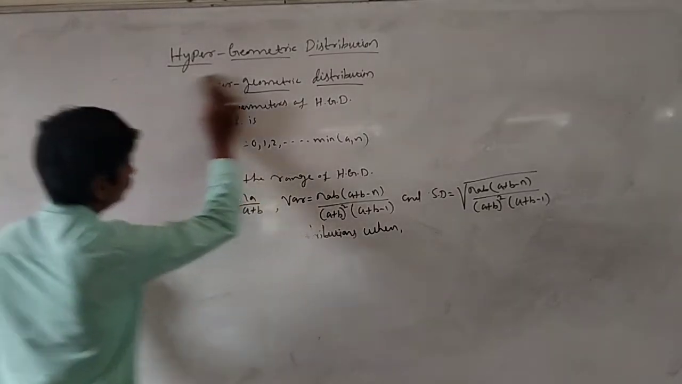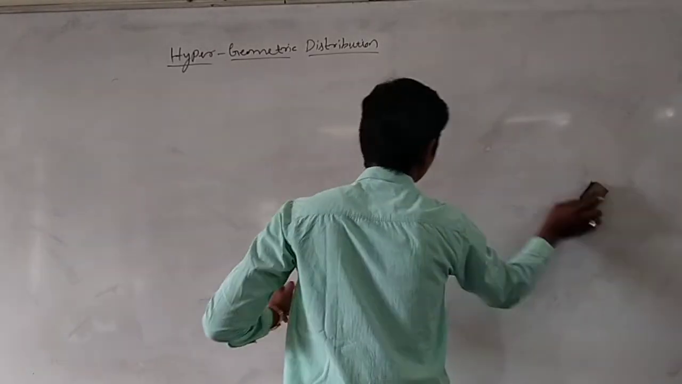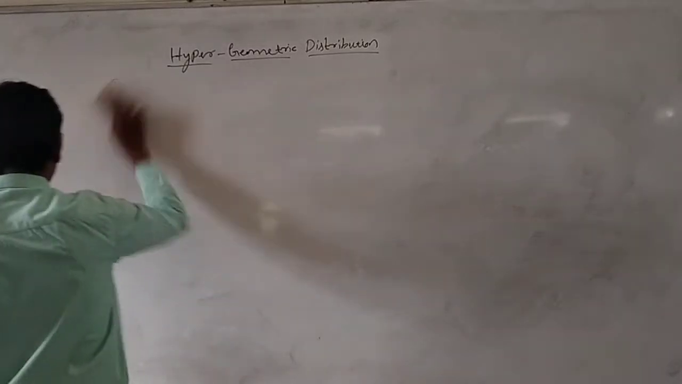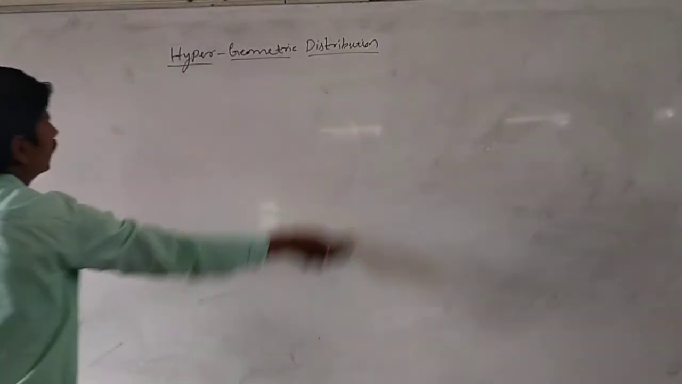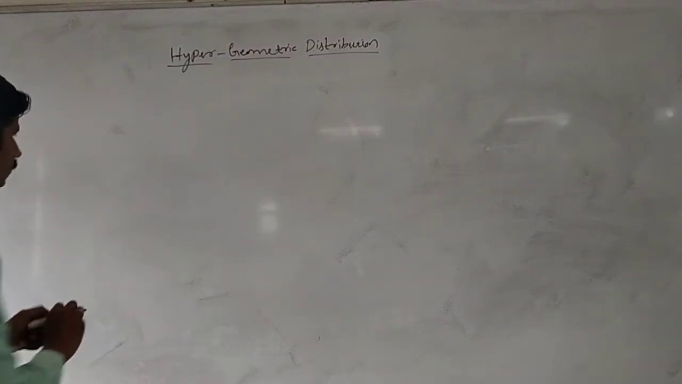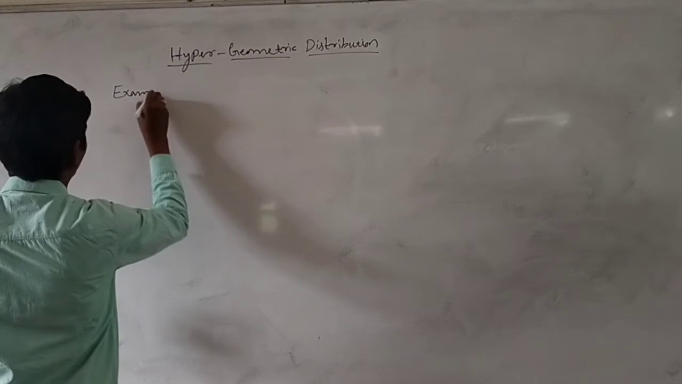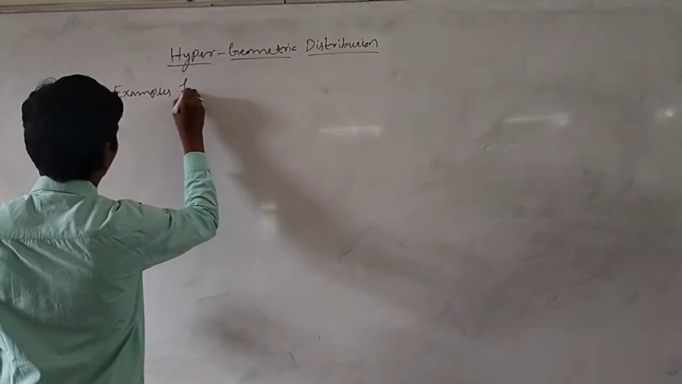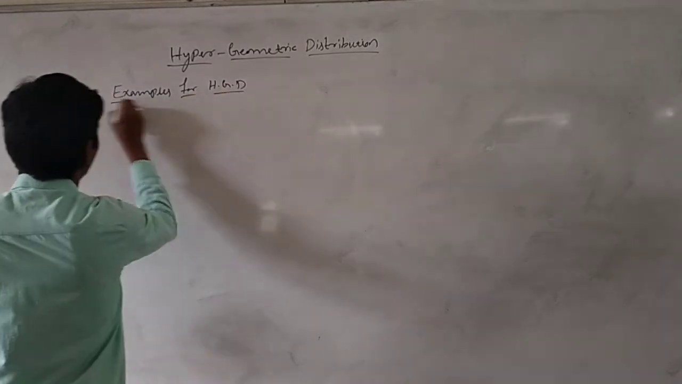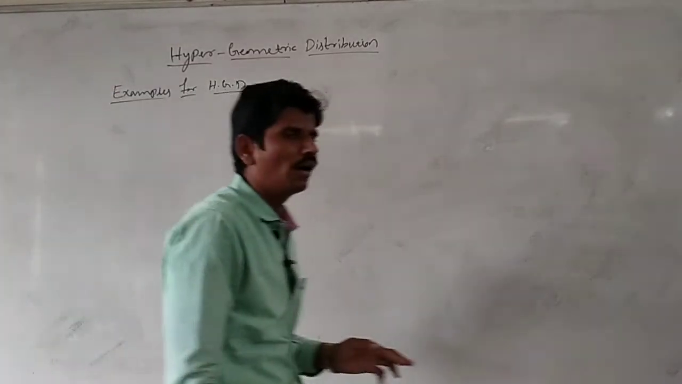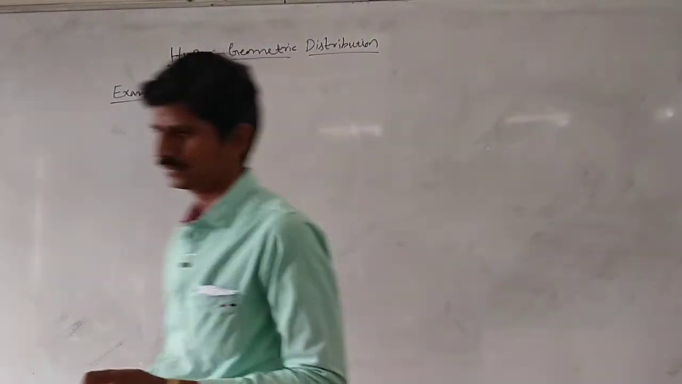Examples for hypergeometric distribution. Write any two examples for hypergeometric distribution. It is a 2 marks question. The first example is